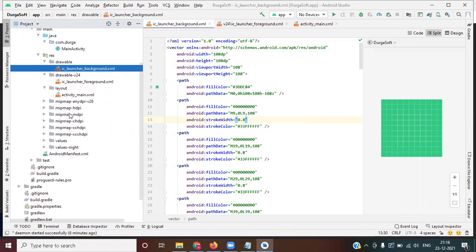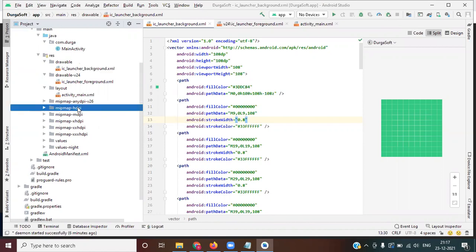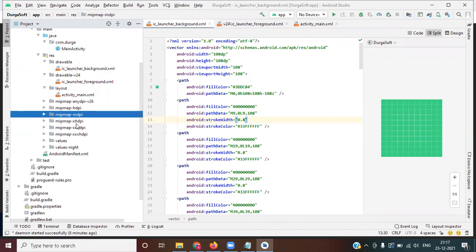Instead of using each image 5 times, we use only one image and represent it on the screen, which means it can pixelate automatically with good clarity, and it can automatically adjust to the size you specify. Earlier, we used to write one for small, one for medium, one for bigger.